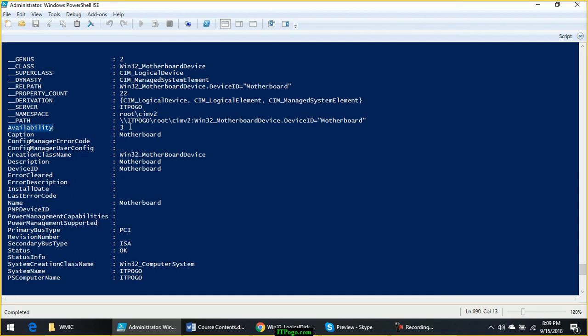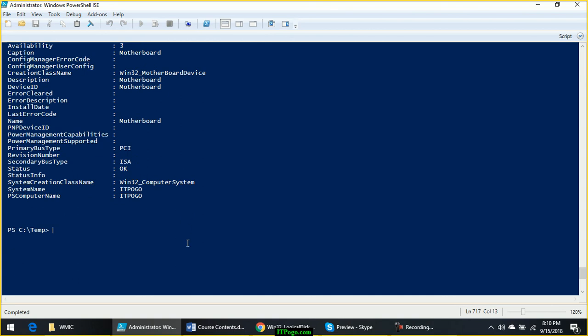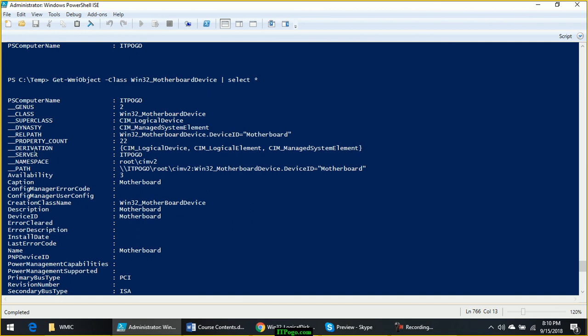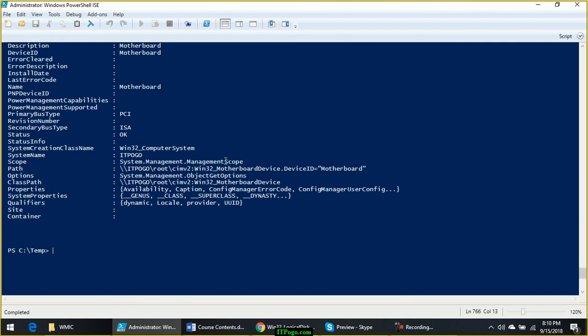What is the meaning of Availability as 3? It is not showing the complete details here, it seems. You can pipe it to Select *. Now it will show you a few extra things. I don't know, it is not showing. You can check on your computers.